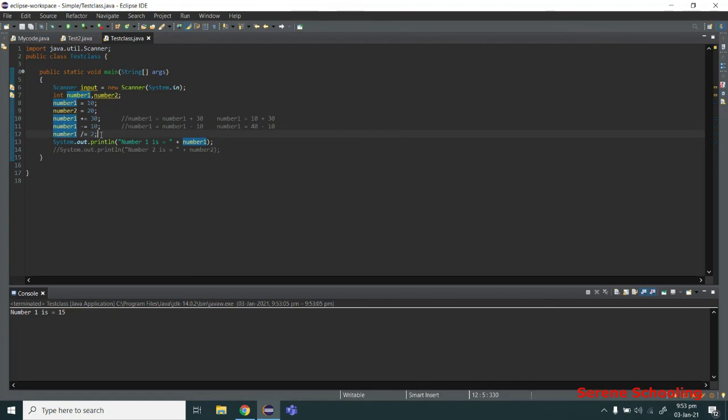You can do the same with multiplication. For example, here we can multiply it by, let's say, 10. So it will print 150 now, since 15 multiplied by 10 equals 150. So these were our compound assignment operators. You can also do other things with them. You can use multiple variables and also user inputs if you require. But those were the basics of it.